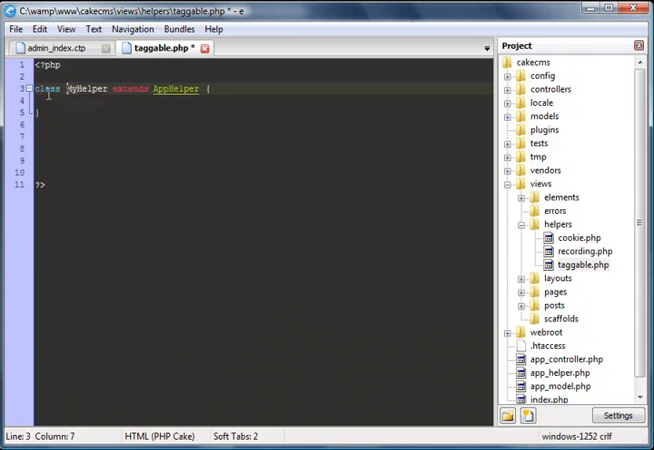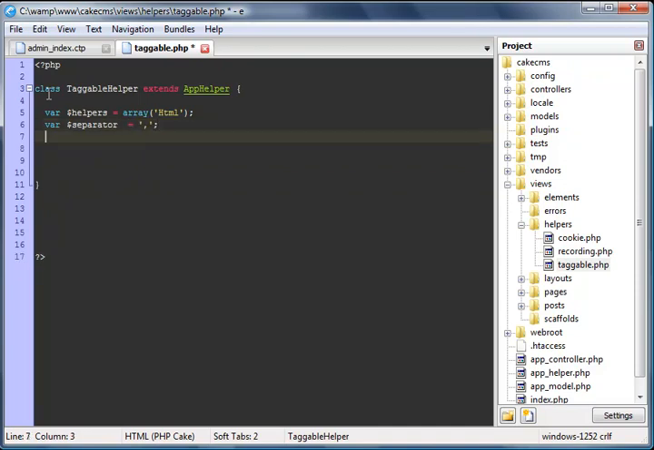Alright, so we just want to create it. So we want to go to new helper and we want to call this one taggable. We also need access to our HTML helper. So we'll set up a property called helpers. And of course it'll be an array, and that will have the value of HTML helper. So we'll jump down here and we'll also set up a property for our separator, because we got that separator. We're going to have a comma between the tags, so we'll say separator, and its default will be comma,